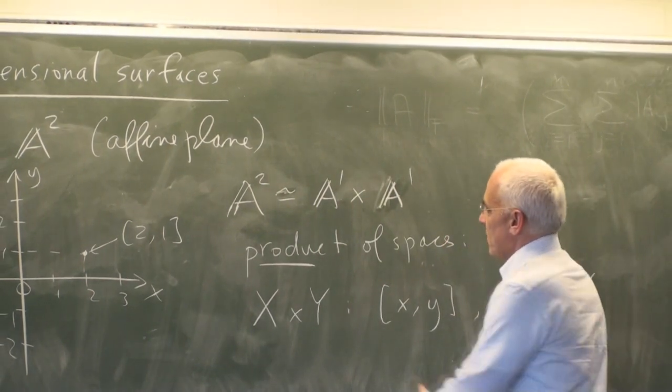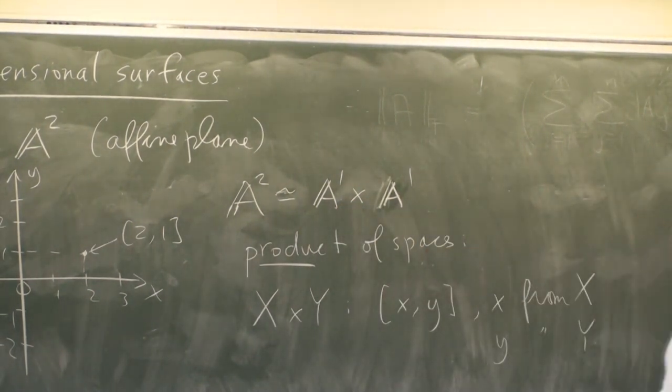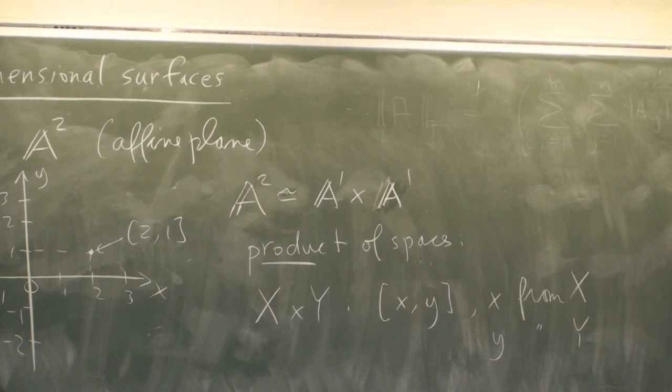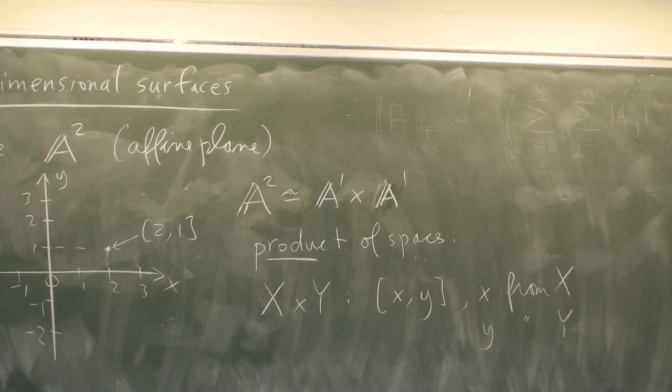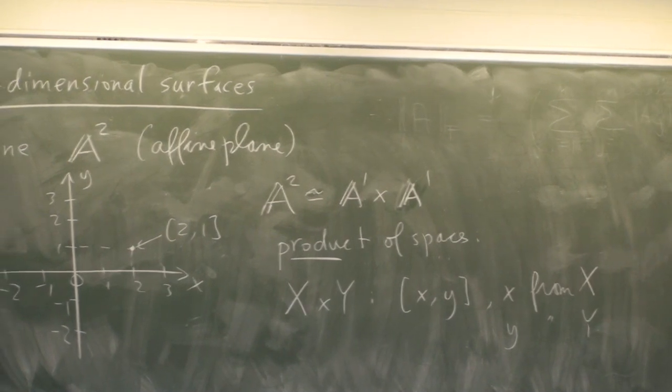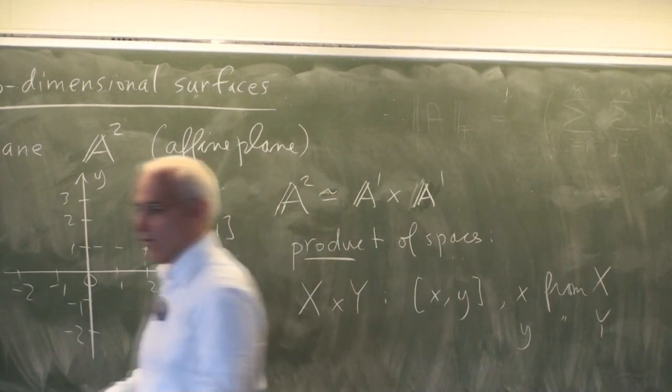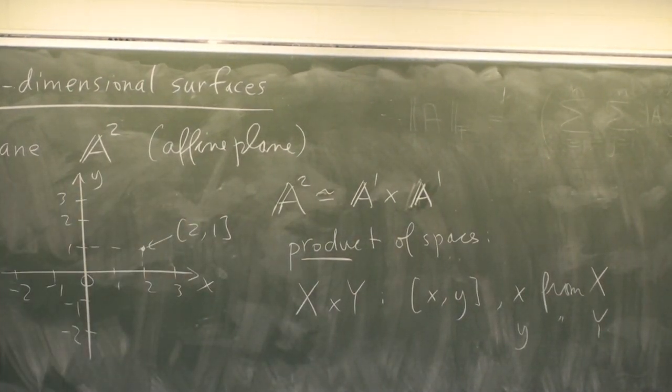So it's a product of lines. And that's a very good way of thinking about it. But there's another kind of incarnation that the plane has. And to talk about that, I need to say a little bit more about what number system I'm using.